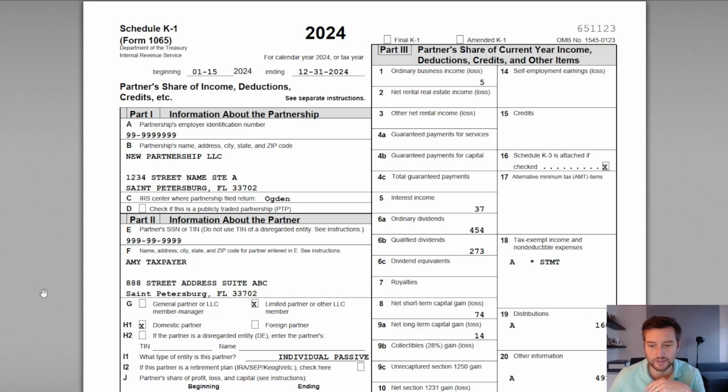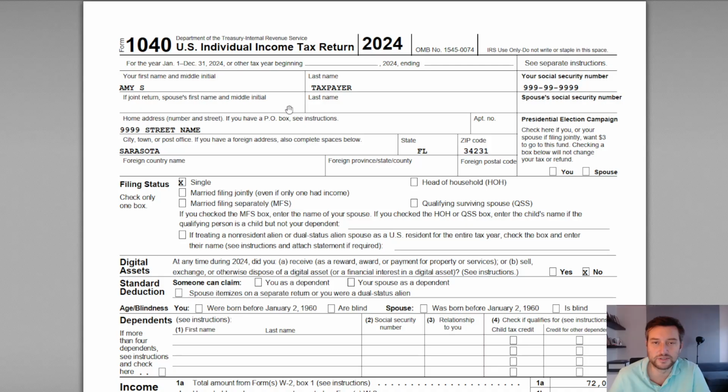All right, for this video, I want to go through a sample Schedule K-1 for the 2024 tax year, and this is going to be from a Form 1065 partnership return. So we've got a sample K-1 package here for our partner, and then we've also got a sample Form 1040 for the same partner, so we can have a look at each of the line items that are on the K-1 and then see how that information ultimately gets transferred over to the 1040 and how it is going to